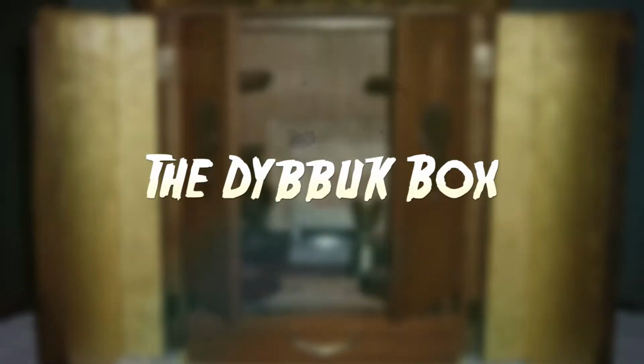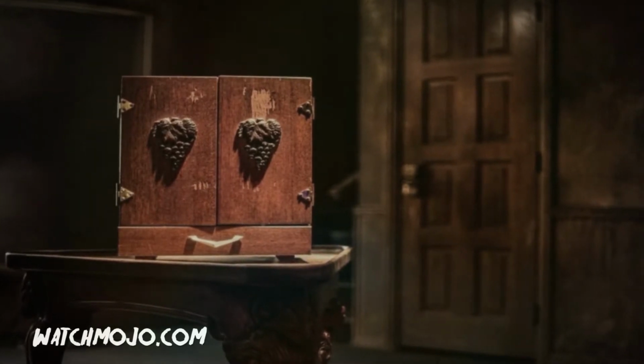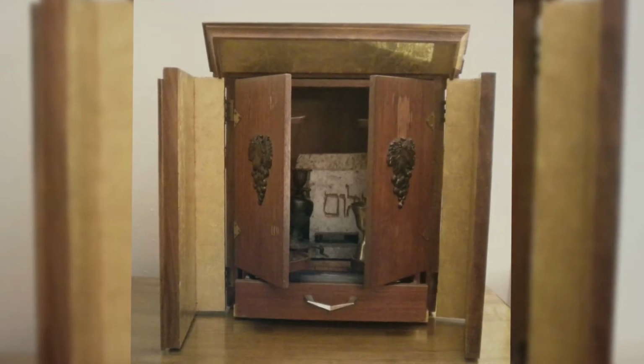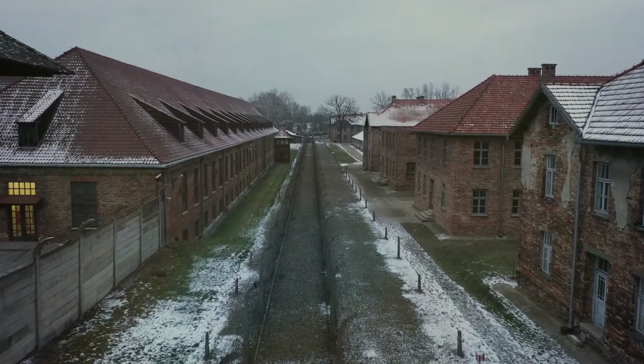The Dybbuk box. The inspiration for the 2012 film The Possession. The Dybbuk box gets its appropriate name because it contains a Dybbuk, a malicious and restless spirit with the ability to possess the living. Originally belonging to a survivor of the Holocaust, many subsequent owners of the heirloom experienced bizarre